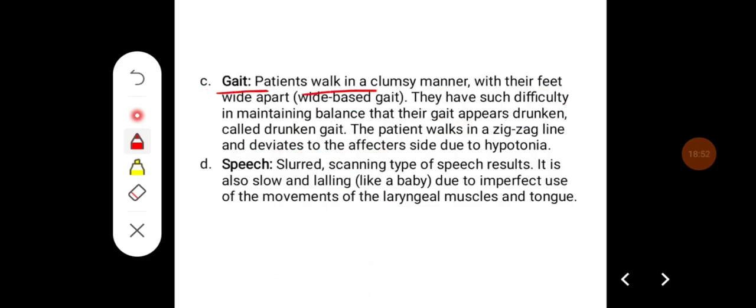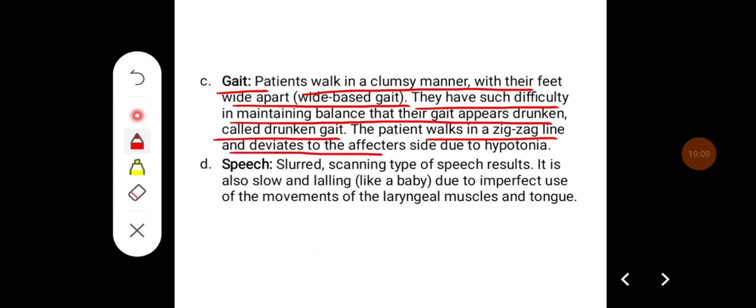Gait. Patients walk in a clumsy manner with their feet wide apart, which is also called as wide-based gait. They have such difficulty in maintaining balance, and their gait appears drunken, called drunken gait. The patient walks in a zigzag line and deviates to the affected side due to the hypotonia. Speech is slurred, scanning type, and it is also slow and lalling like a baby due to the imperfect use of the movements of the laryngeal